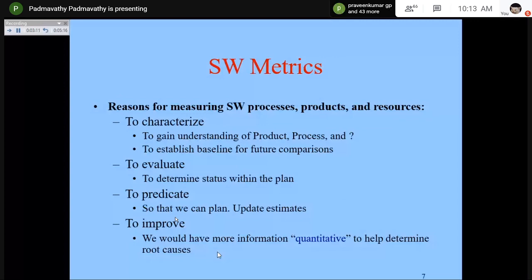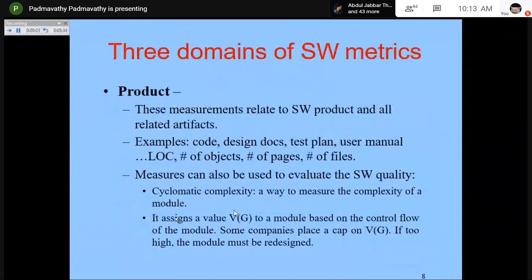You have to sort out the problem so that the next time the team is given a project, the lag of time does not happen. Okay, so you need software metrics. So the 3 domains of software metrics, as I told you, are product, process, and project. These are the 3 domains where metrics are required to measure.